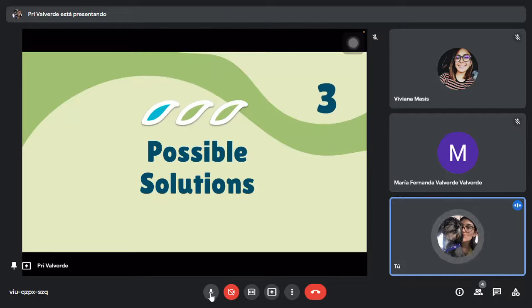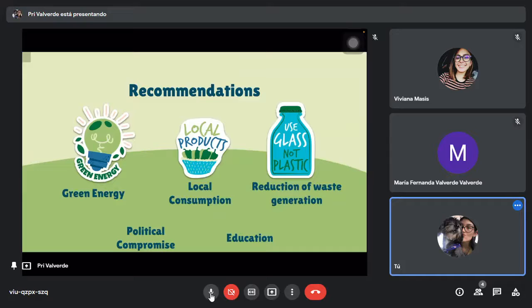Now we have the possible solutions. There are different solutions to combat climate change, and although it's true some depend on large entities, there are many other solutions that we can use ourselves. First, we have the green energy. It is necessary to change from the current energy model supplied with fossil fuels to one where emissions are as low as possible. To do this, we need to use energy from clean sources, such as solar or wind. These energies are known as green energies, and they could help us reduce the greenhouse effect.